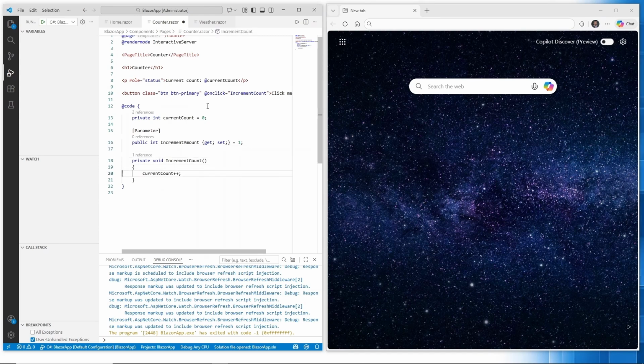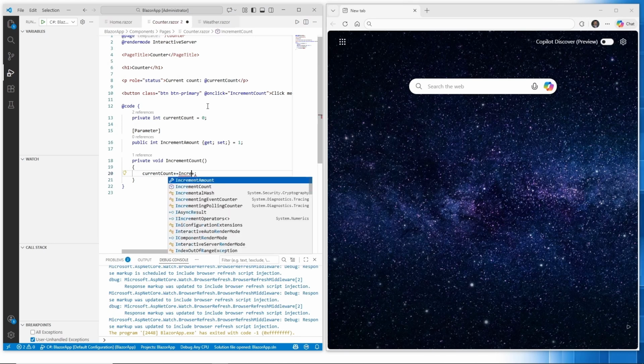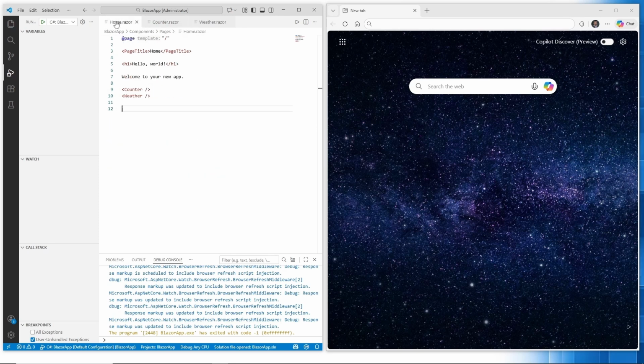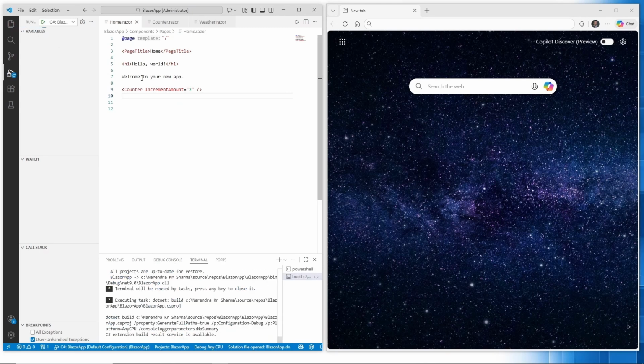Now increment this current count by whatever value is of the increment amount. Now go to the home component. In home component, use this parameter, increment amount, set it to 2, run the app,